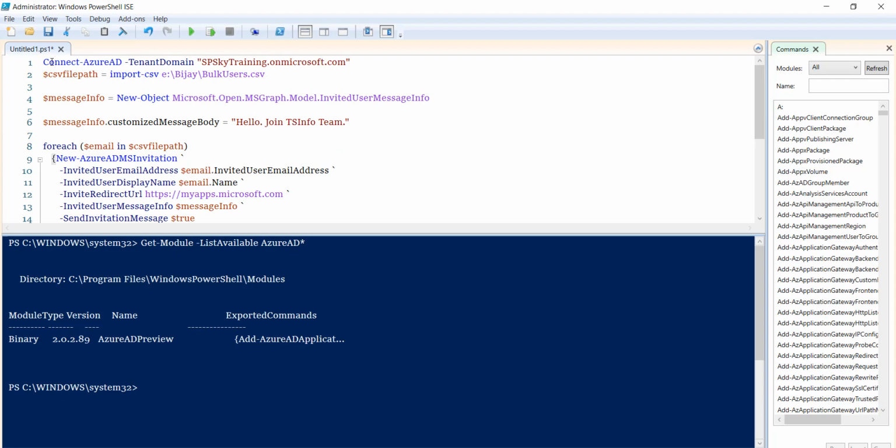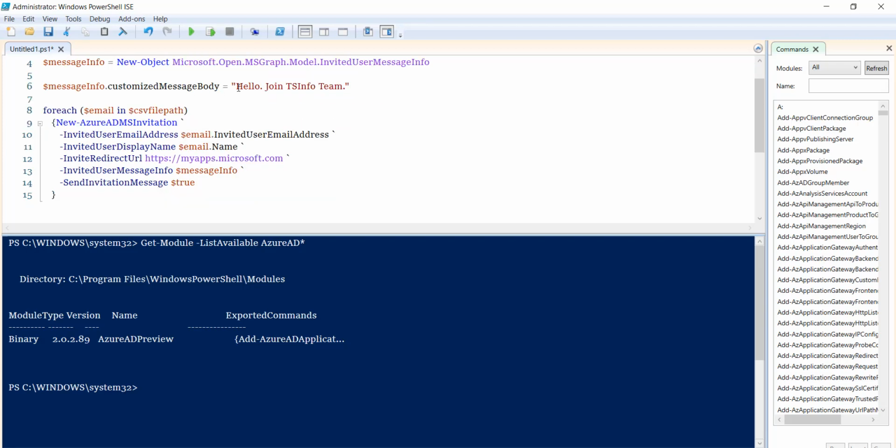and on this you can see the first thing is you need to connect to Azure AD and provide the tenant domain. So it is your domain name .onmicrosoft.com. Next, you can see the CSV file path I have in the E drive, and then this is the folder, and you can see Import-CSV. I'm putting a message here, hello and then team, and then